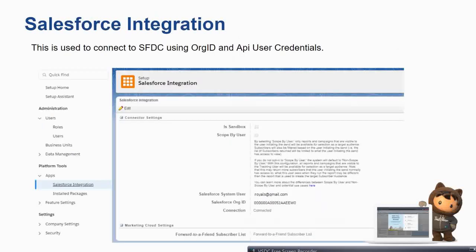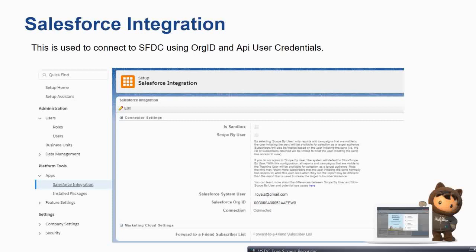Next, there is Salesforce integration. So what is Salesforce integration? This is one of the most important things. Here you will be using Salesforce connectors, which you can go through in a few steps. In Trailhead there is a Marketing Cloud Connector module, and you can go through that. This is what is used to connect the Salesforce platform or Heroku platform to Salesforce Marketing Cloud.